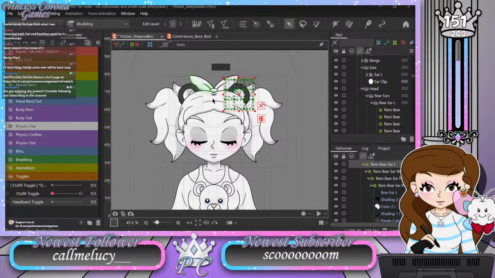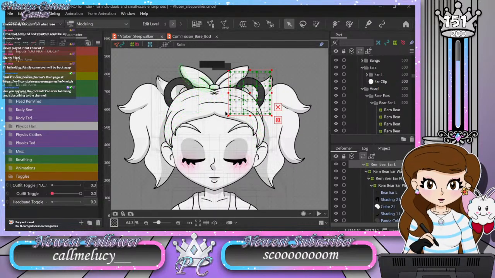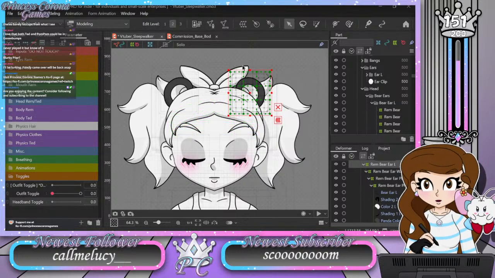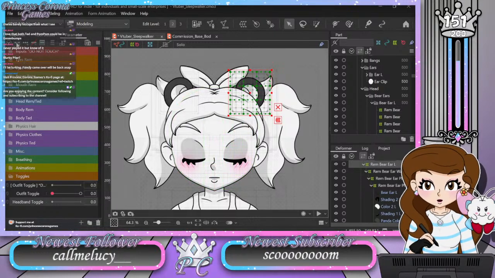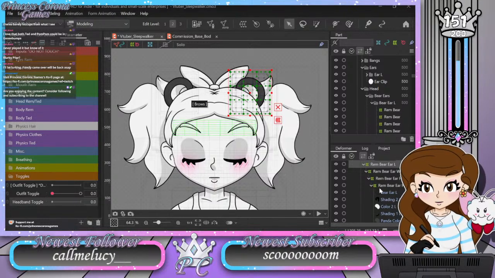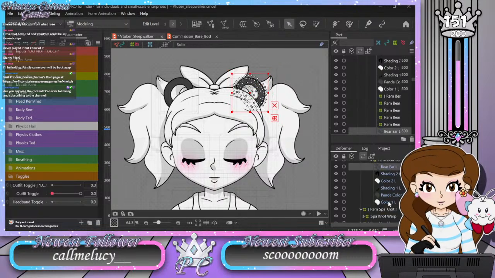There we go. And also, I figured out that if Ted's a bear, I'm gonna make him into a panda. At some point, he's gonna turn into a panda. I promise. But first and foremost,